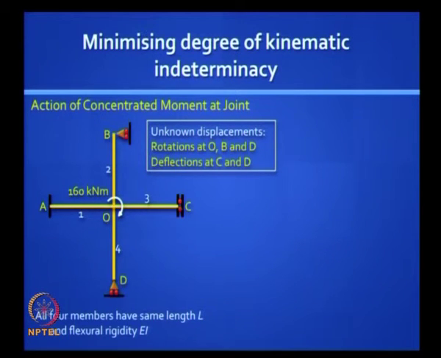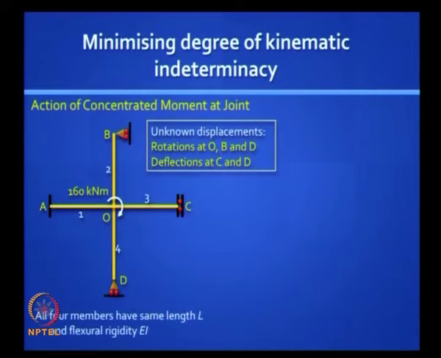Now let us take this problem where you have a similar situation, but I have put a different boundary condition at all the 4 ends. Okay? This is the problem we referred to right in the beginning, and I asked you which is easier, force method or displacement method. Now we said that there are 5 unknown displacements. I will not go back to that. Let us say all 4 elements have the same length L and flexural rigidity EI. I am saying you can solve this problem in 1 minute, and that is wonderful if you can do that, right? Can you do it?